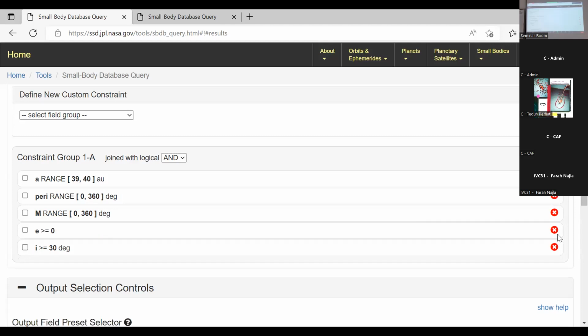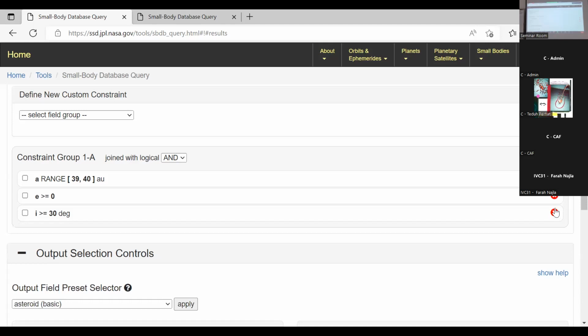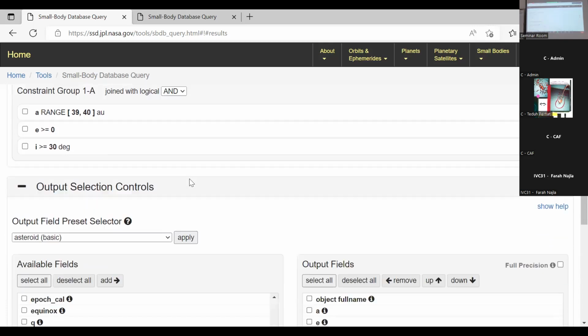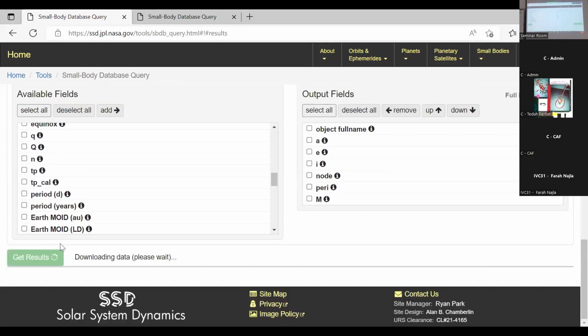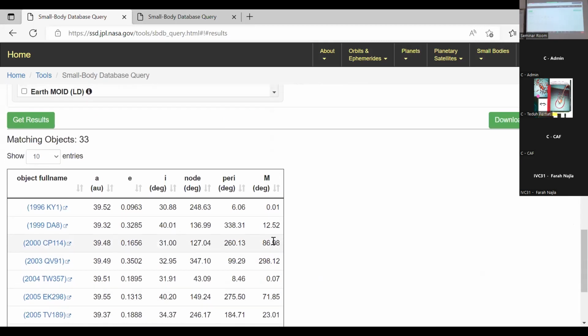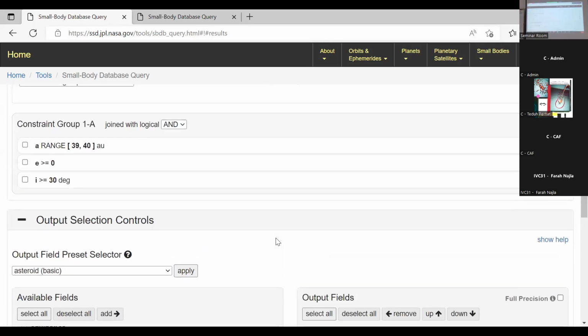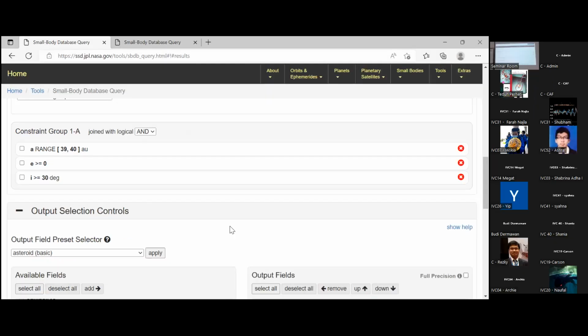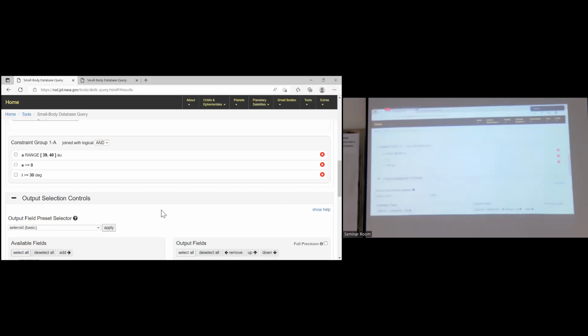Perihelion, M, eccentricity. Okay, just 3. Okay, how about the result? Same? Same. Yes, you're right. If it's a full circle, 0 to 360, there's no constraint at all. Eccentricity can be hyperbolic, for example 1.2, more than 1.